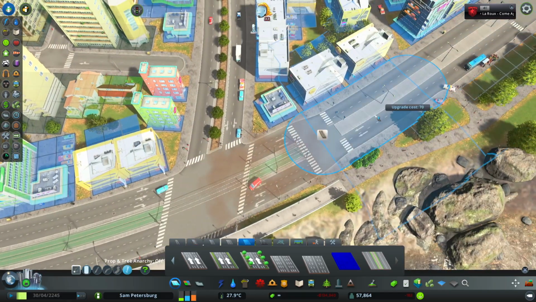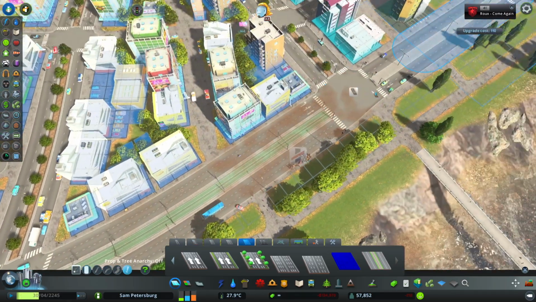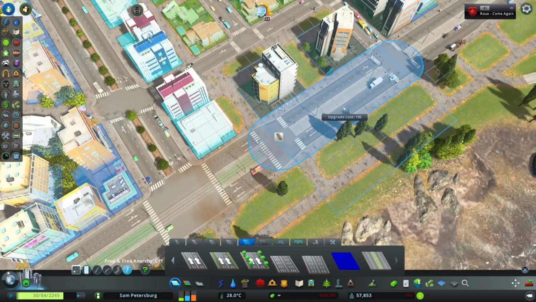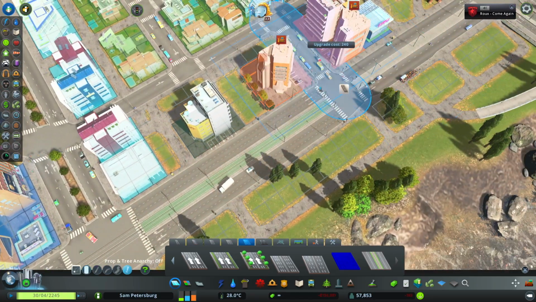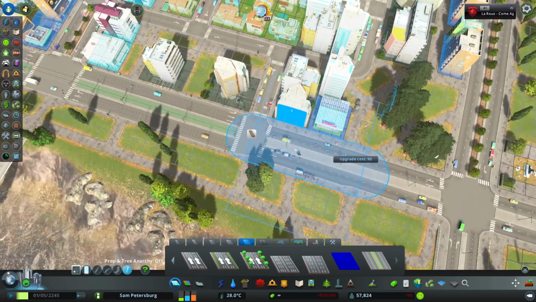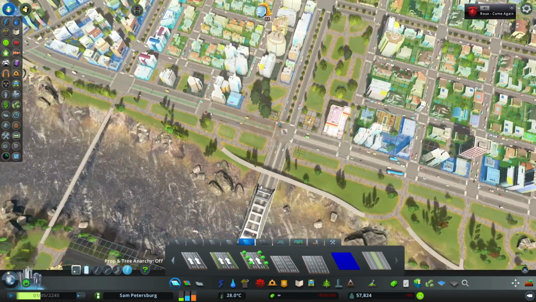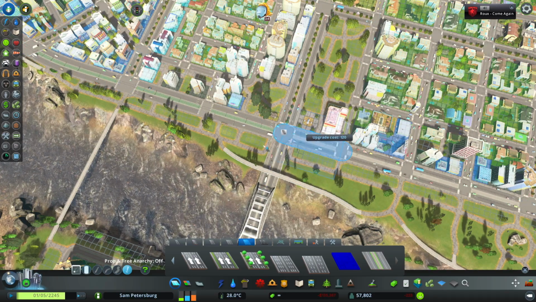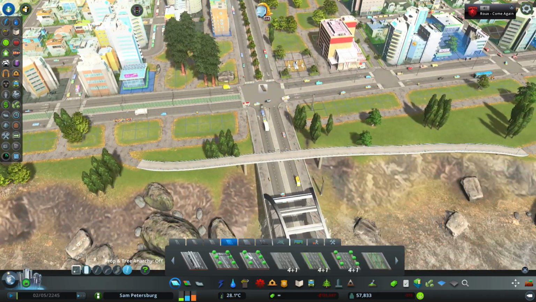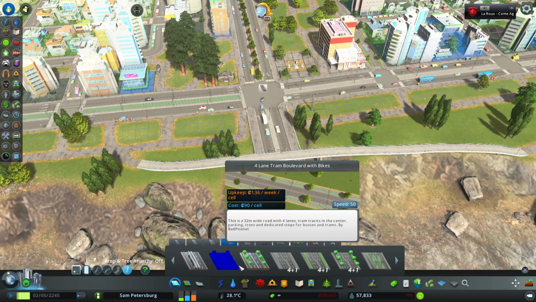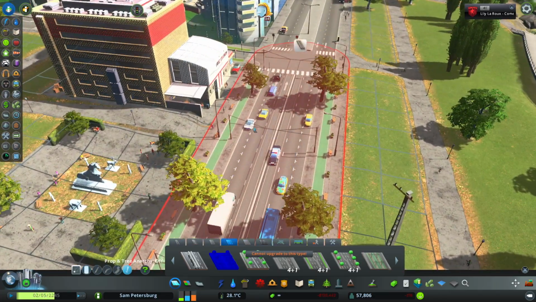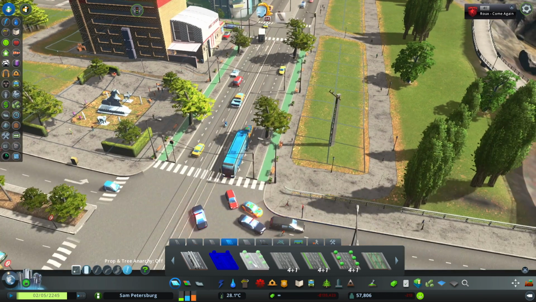So probably continue this one along to here because there's also this major intersection here as well. And then I'll probably go like that, and then from here maybe I'll extend that along like that because it's meeting a lot of major intersections along here. But after that I'm going to downgrade it back to, I believe it was this one here, yes. And I like this one because, actually no, it's not that one,